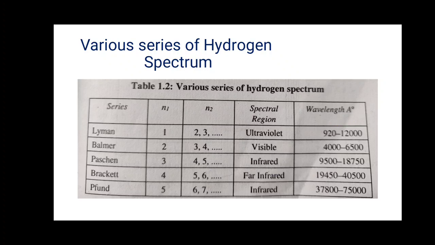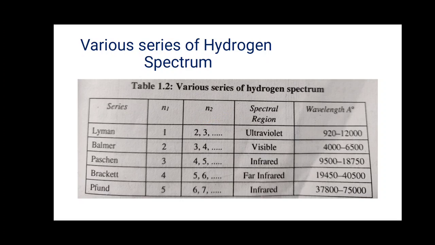Thus, the energy associated with the emitted quantum of radiation is equal to the difference in energy of the two energy levels involved in the electron jump. Depending upon the lower energy level to which the electron jumps, it gives rise to various series, as given in the table. Various series of the hydrogen spectrum, that is series, then energy or shell level. n1 is the lower energy level, n2 is the higher energy level. Spectral region, wavelength,